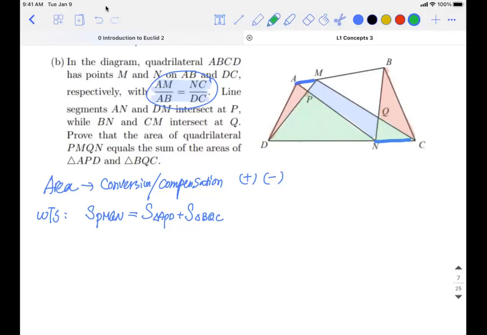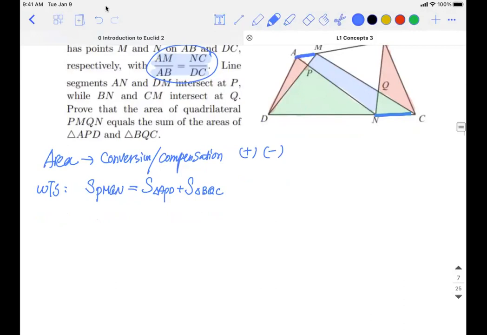So I'm trying to say, if I want to show this, then what about I add these two green parts on the two sides of the equation? If I can prove that, I can automatically prove the question asked me to do, right? So that being said means I just want to show PMQN plus triangle PDN, the big green part, plus triangle QNC, the small green part, equals to